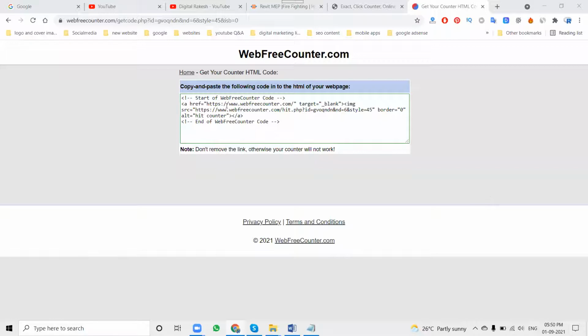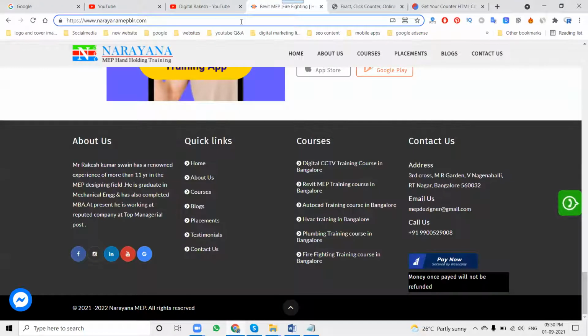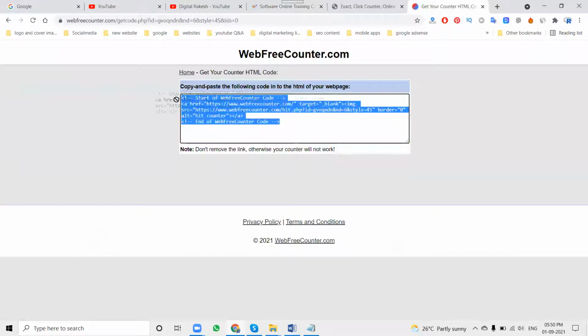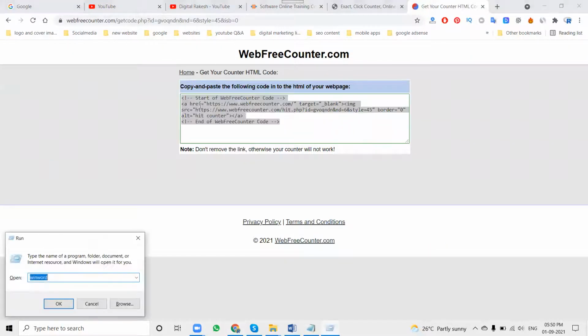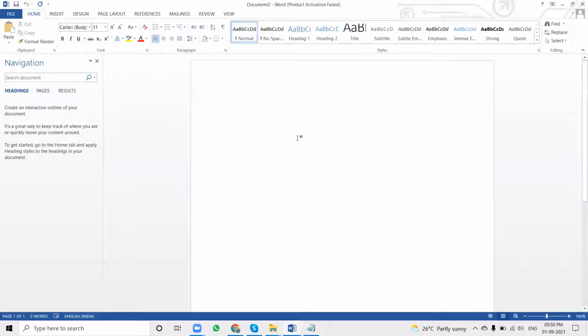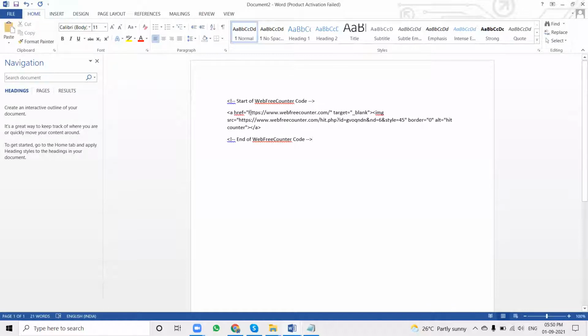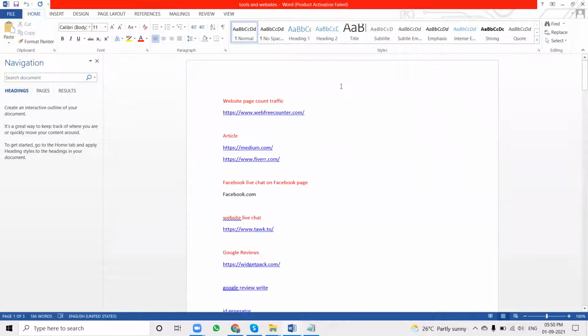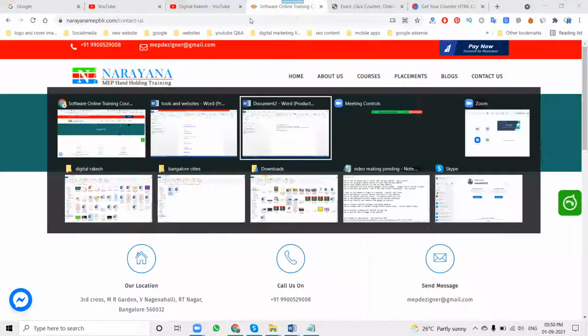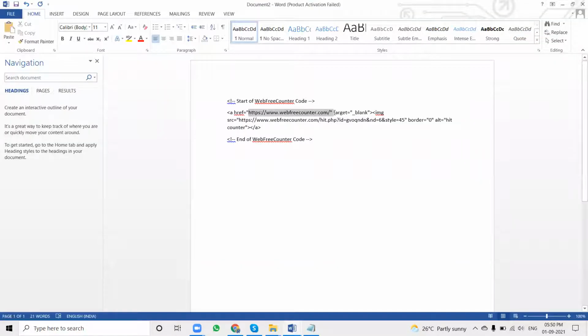Here there will be a small change. When you click this link, you can go to a particular link. It will go to the contact us page. It's a simple change. First, copy the code, which we can use in a Word document. When the count is clicked, it goes to your website, but I have given my website link, which one? Contact us. These services are completely free. Copy the code.